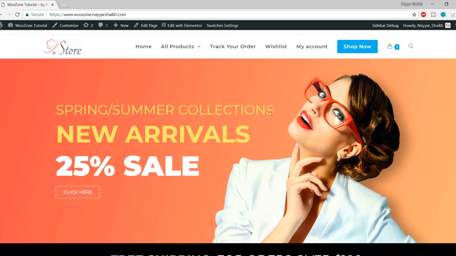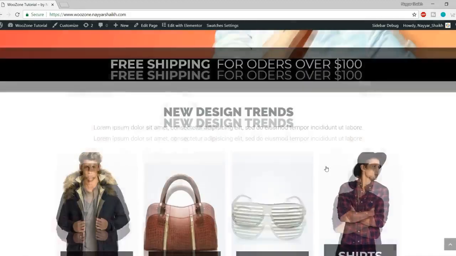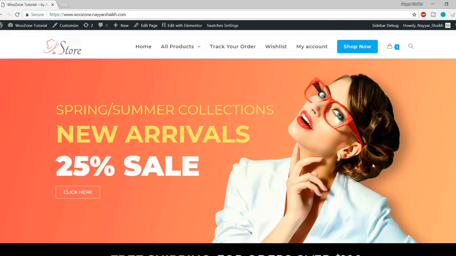Okay, and then the next thing that we need is hosting, and these 2 things are compulsory: domain name and hosting. Without these 2, you just cannot proceed further. Now you know what is a domain name. It's a web address. The second thing is hosting. Hosting is a place wherein all your website data is saved. For example, if you see these images, all these different pages, all these products, every data that you see on your website is saved somewhere. It's saved in a computer or in a hard drive that is running 24/7, so that whenever someone comes to your website, they can see your website live. Whenever you go to Facebook, you see live Facebook,